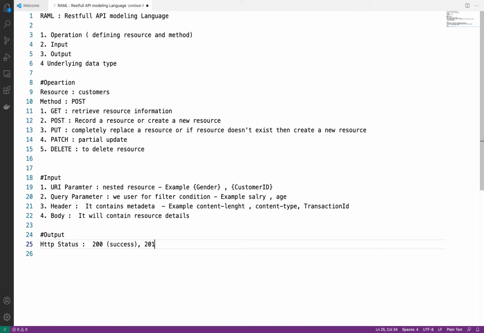You will get 201, which means resource created. If you are calling any API and you are getting 400, it means you are passing a bad request.